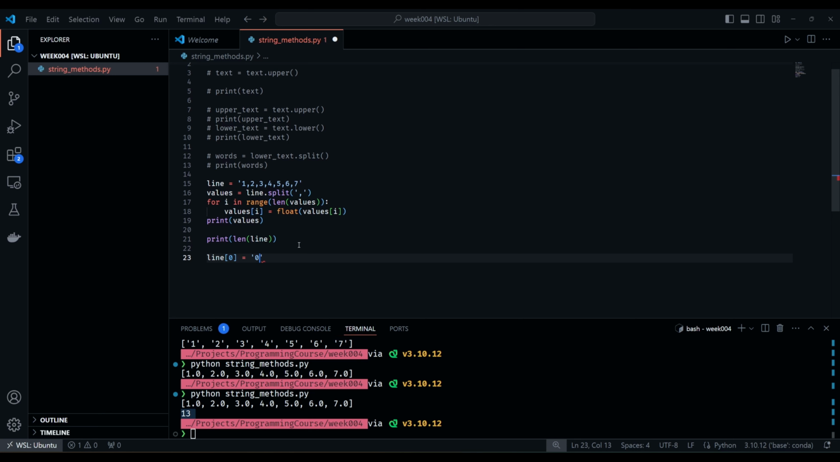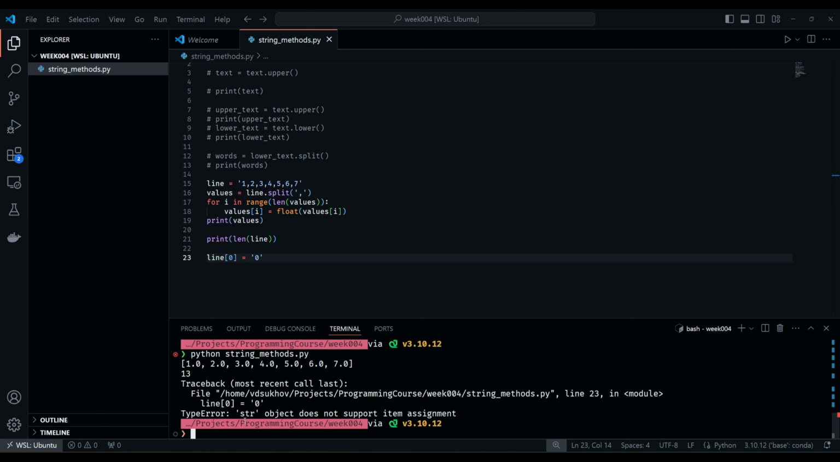So for example, if I want to change the first character of my line from 1 to 0, and I try to use this statement, I'm going to face an error. As you can see, the string object does not support item assignment, which means that we cannot change characters of the string. But you can achieve this behavior. If you want to change some element, in this case you can run the replace method,